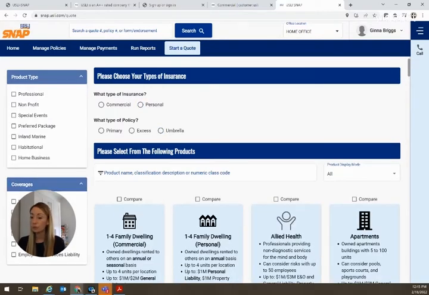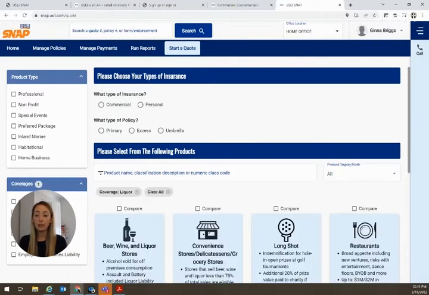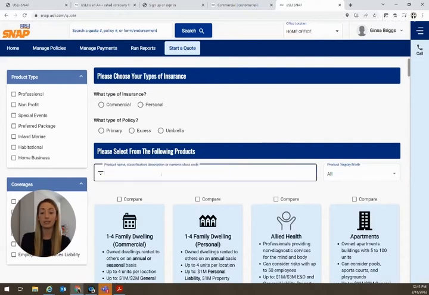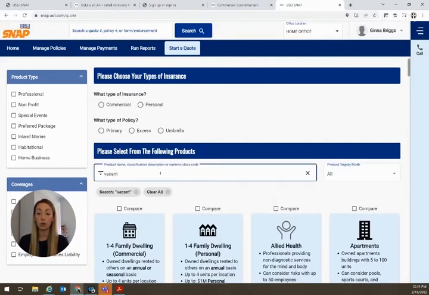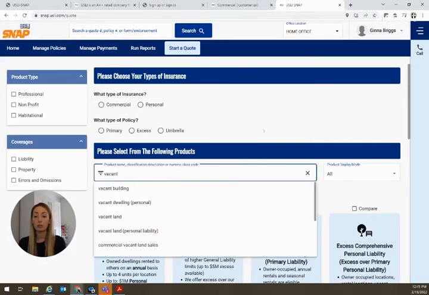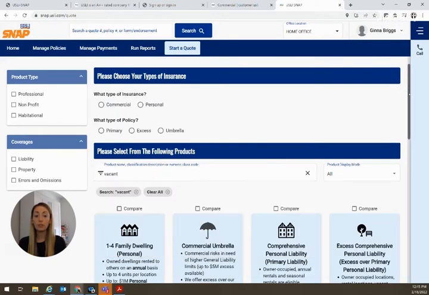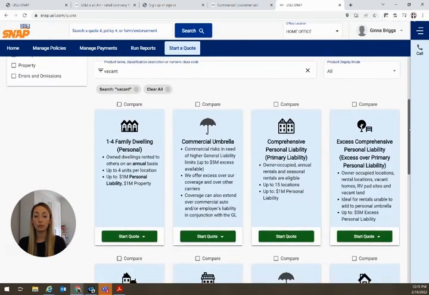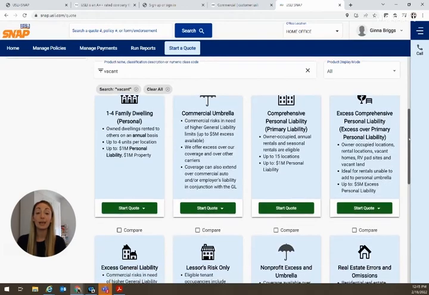So if, for example, that applicant needs liquor liability, you can select that coverage part and you'll see all the products that have that coverage available. You can also search here by product name, by class description, or numeric class code. So for example, if you select vacant, you'll see all of those vacant products, those products that can contemplate a